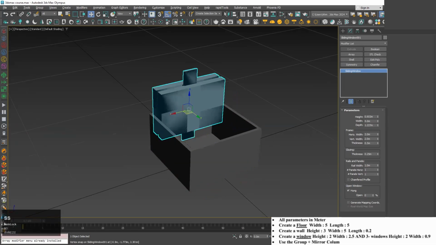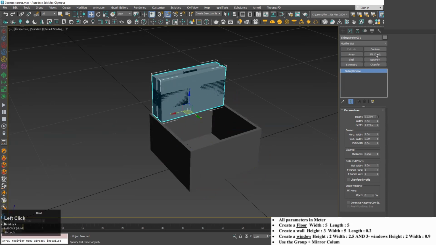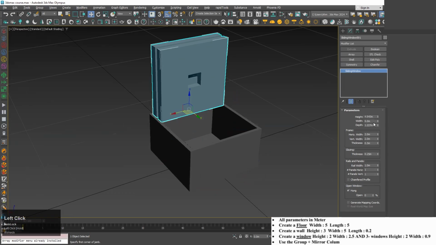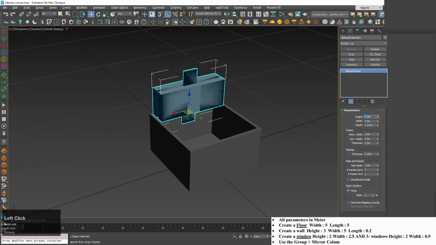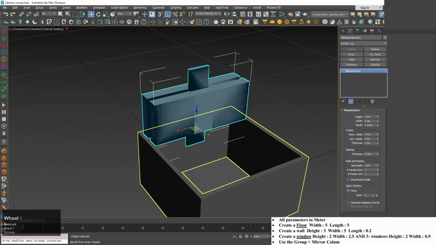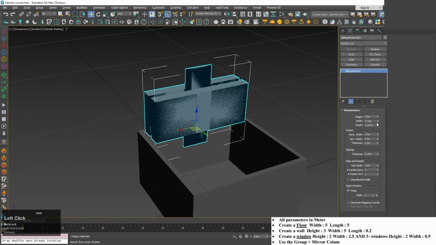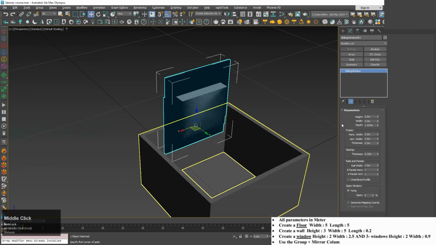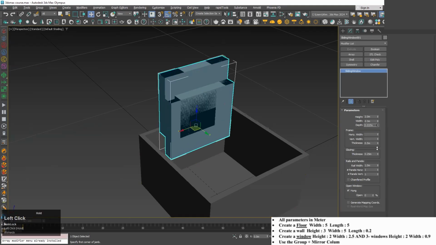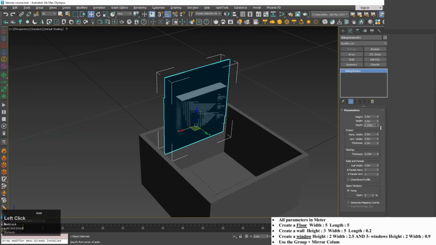So we have the height of 2 meters. So the height is this, but you can see we have to add that height of 2 meters, and the width is 2.5. So let's go to 2.5 meters, and the depth is, you know,